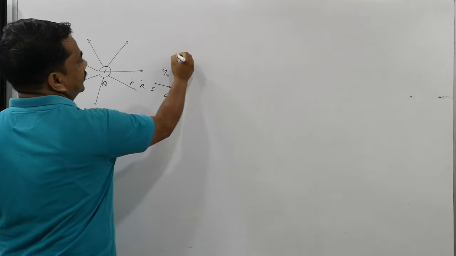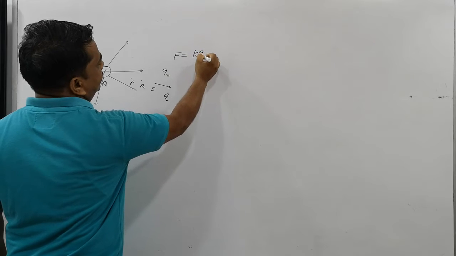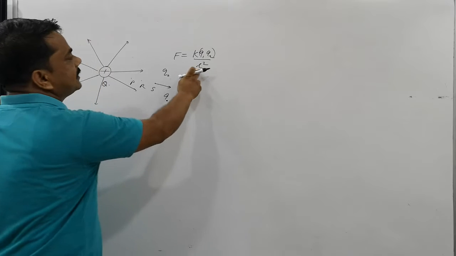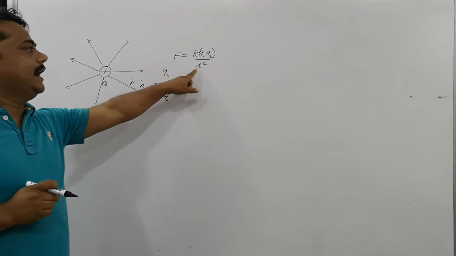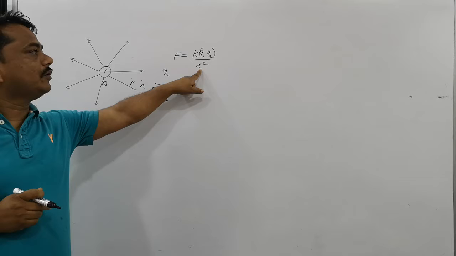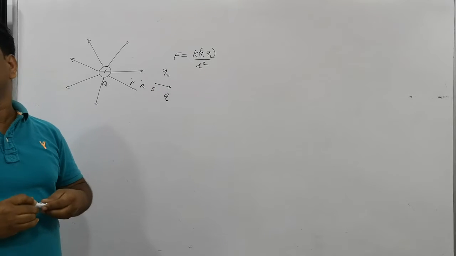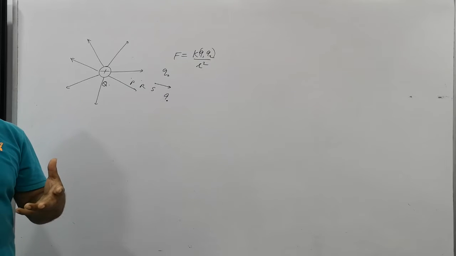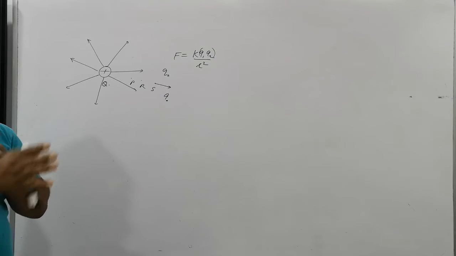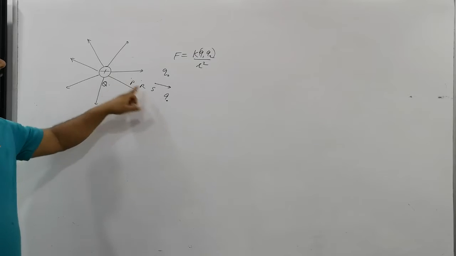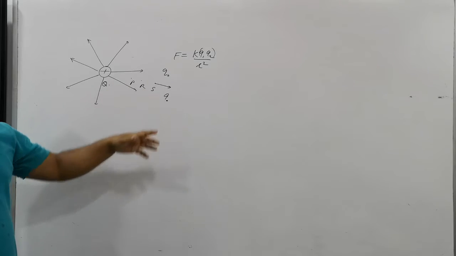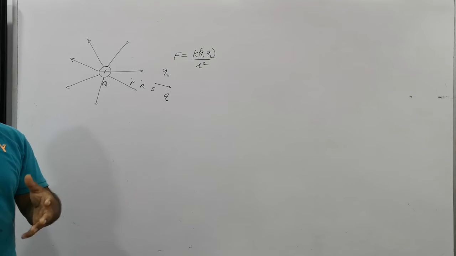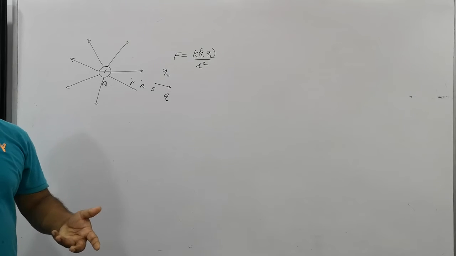You may see the electrostatic force K Q1 Q2 by R square. You just have to see R square here. As you come closer, the more force there will be. There is a charged body and there is also a charged body, so a repulsive force will come into use, and that repulsive force will try to push away the Q naught. Is that clear? So the closer you want to bring the charge, the more work you need to do, and the more repulsion you will have to face. Is that clear?